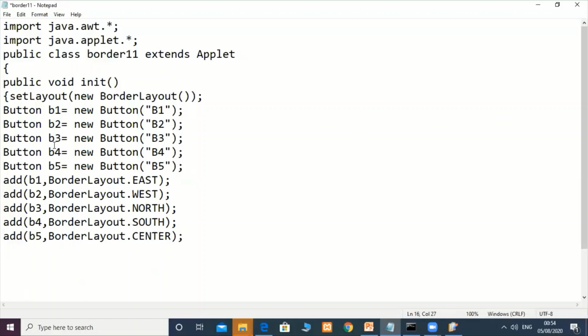Likewise, we can create any component here like label, choice, list, text field and text area and add in different regions. Now this completes the init method; close the class here.